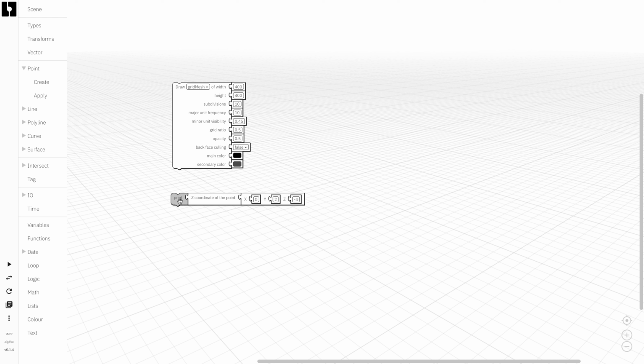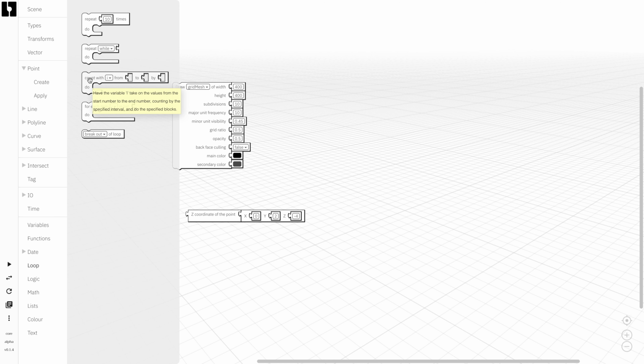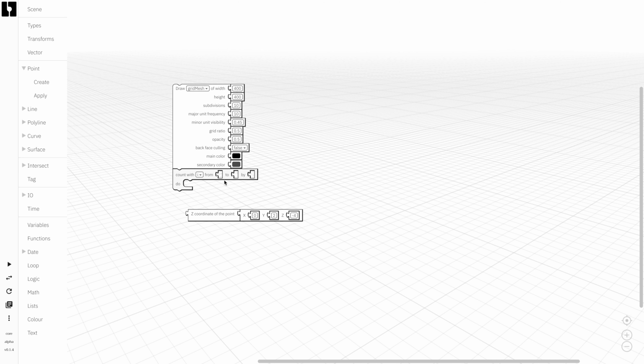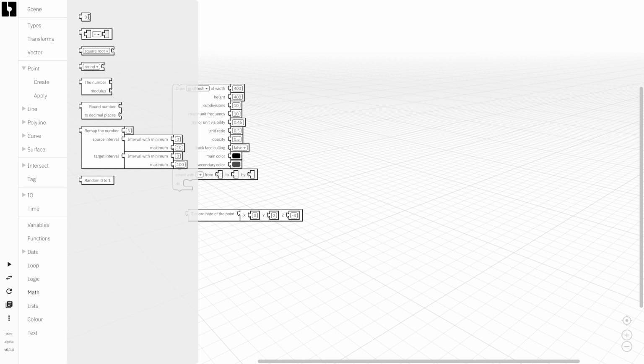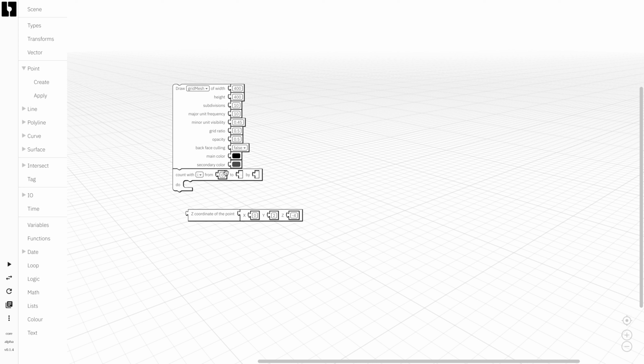I want to just give a brief example of how you can create a sort of grid of points, for example. And that also will explain a bit the iteration loops and how they can be used. So if I use this loop component, I have this possibility to have a count iteration that goes from, let's say, 0 to 10 at a step of 1. So every iteration loop will increase this y variable by 1,